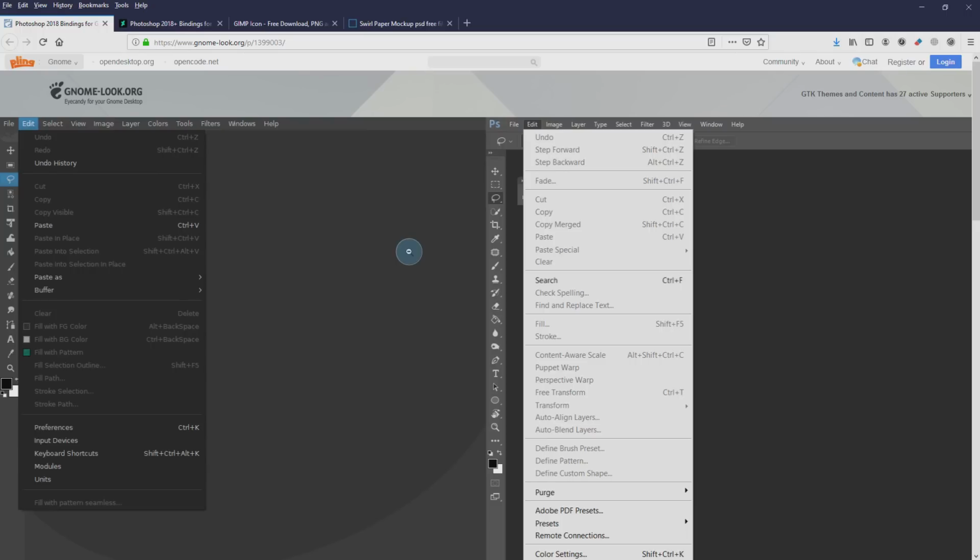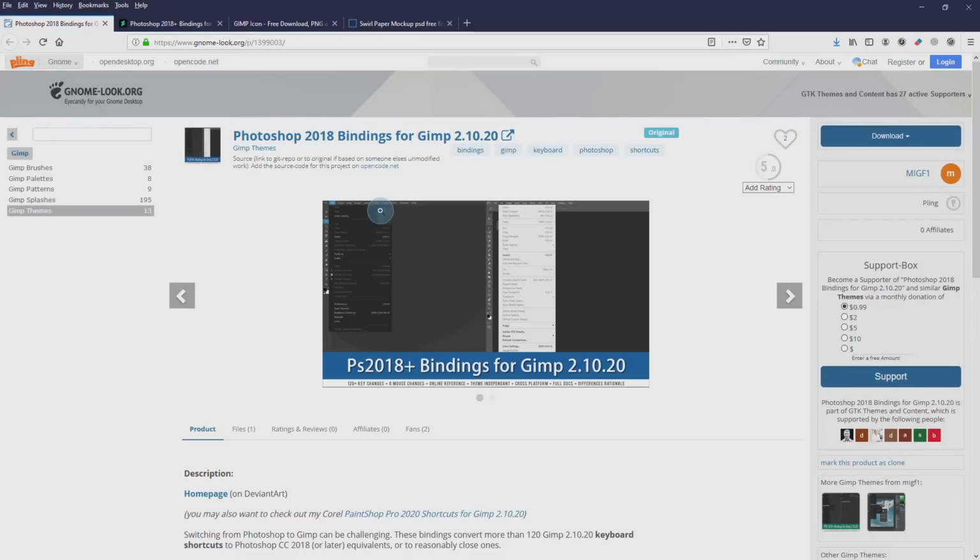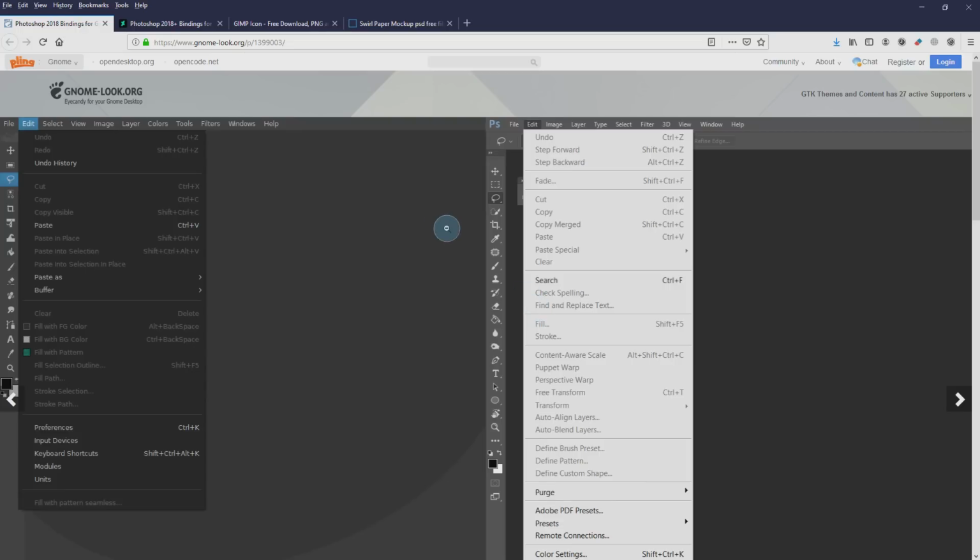Let's take a look at the project which really inspired this, which is the Photoshop keyboard shortcuts for GIMP 2.10. One of my viewers asked in that video whether or not I was going to be using these keyboard shortcuts. Quick answer is no. I don't really like the keyboard shortcuts for Photoshop. And the second thing is,